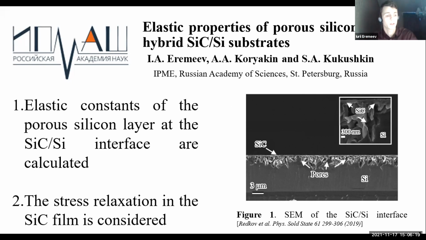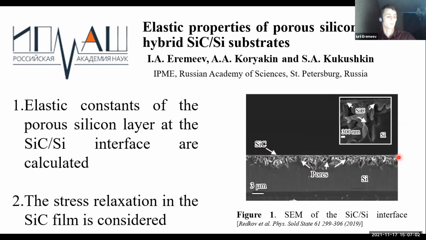In recent years, silicon carbide became the most promising material for power semiconductor devices. SiC can operate at high temperatures and under the influence of ionizing radiation. Monocrystalline silicon carbide thin films can be synthesized on silicon by the atomic substitution method, which was developed at the Institute of Problems of Mechanical Engineering. You can see the SiC hybrid substrate with the thin SiC film on the silicon substrate. So in this work, the elastic properties of the macroporous silicon layer are studied,